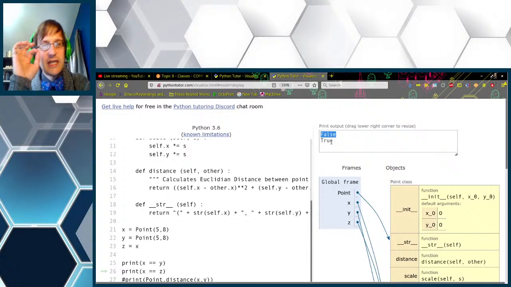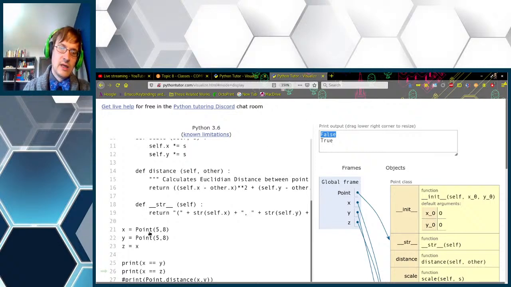That's because it's actually testing the memory addresses to see if the objects are being stored in the same location in your system's memory. Now, because z is an alias for x, the equality comparison between the two of them comes out as true because they are, in fact, being stored at the same memory address.